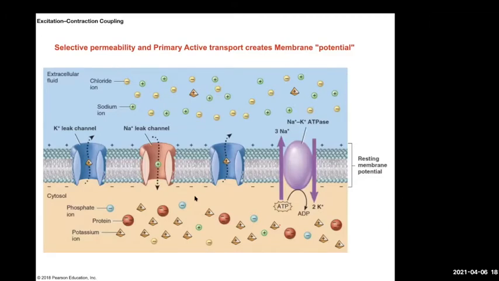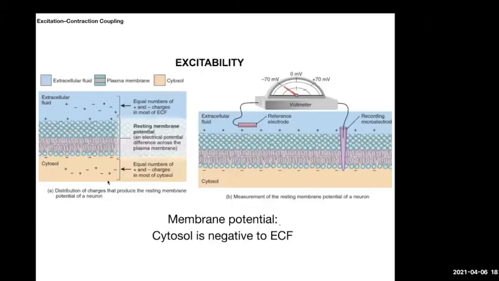And this is what the cell is going to use to create the electrical signal. Kind of like the potential energy of a dam. You store all this water, and all of a sudden you open the dam, and all the water rushes through, and you create that energy. That's what is going to happen with this membrane. All this positive charge outside really wants to get on the inside. This is what's called the membrane potential. The cell is negative relative to the outside.